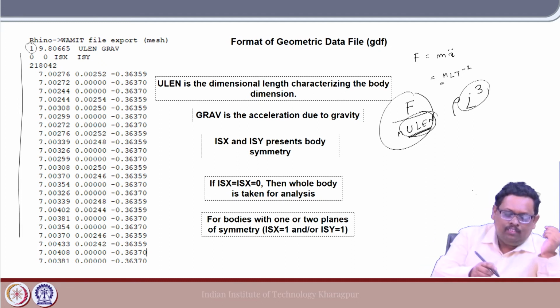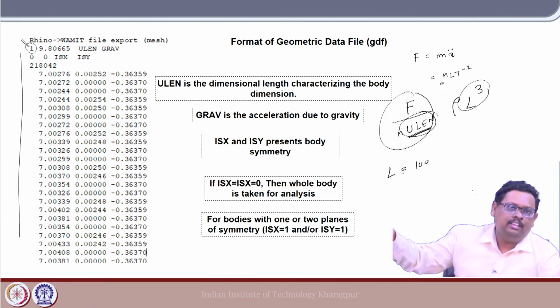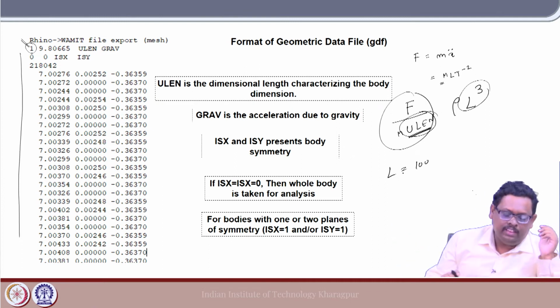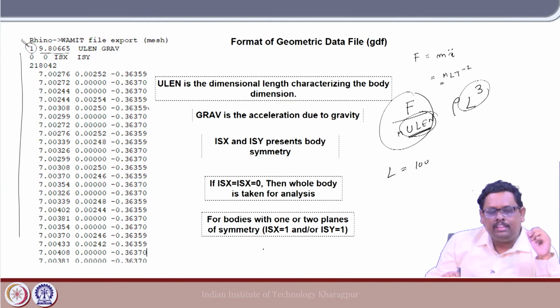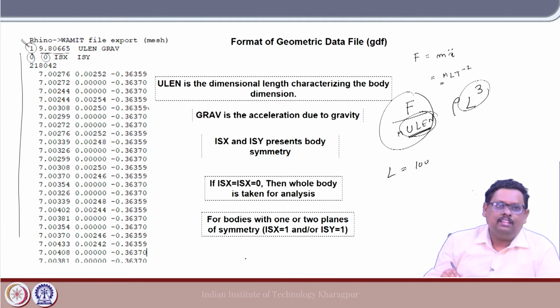Here normally we can take it as 1. Sometimes people use the length of the vessel, like 100, the length of the ship. Then put ULEN equal to 100; it is up to you. The second one is nothing but the gravitation, the g, acceleration due to gravity. And then this term is actually the geometric